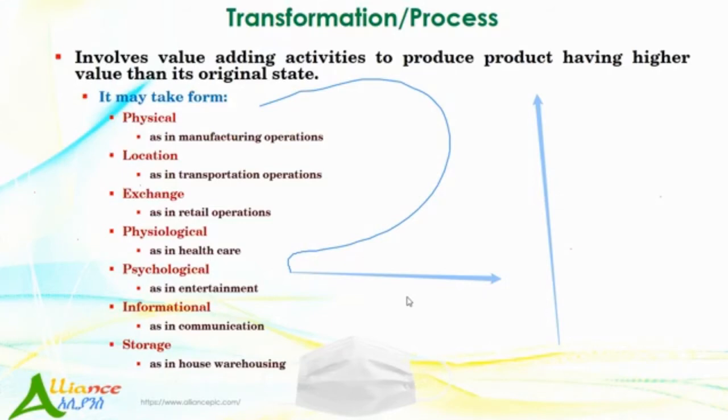There is a physical transformation, especially in manufacturing operations. Always there is a physical transformation, there is location transformation. When you use taxi service, we move from one place to the other place. So transport providers የሚፈጥሩት ቫልዩ ምንድነው ወይም ትራንስፎርሜሽናቸው ምንድነው? ሎኬሽን ቼንጅ ነው የሚሆነው ማለት ነው። there is exchange in retail operation, especially አሁን በነዚህ በካፍቴሪያዎች ላይ